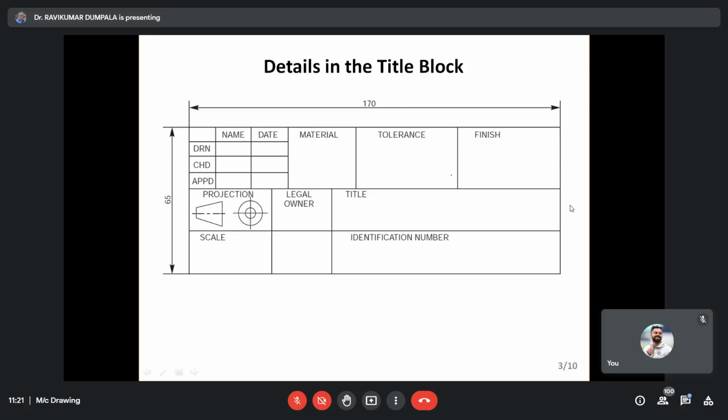Even if we check this BA standard, it may be different, not exactly this way. I didn't remember where I got this, either from this textbook or the reference book. Please explore this and you will get some idea. But this size, this 170 mm, 65 mm, no need to follow that size. There's a standard size, generally on an A1 sheet. You can reduce the size and write whatever important details you can provide.